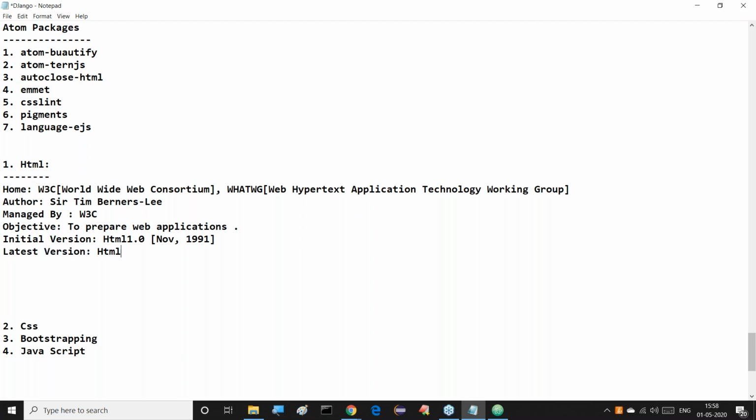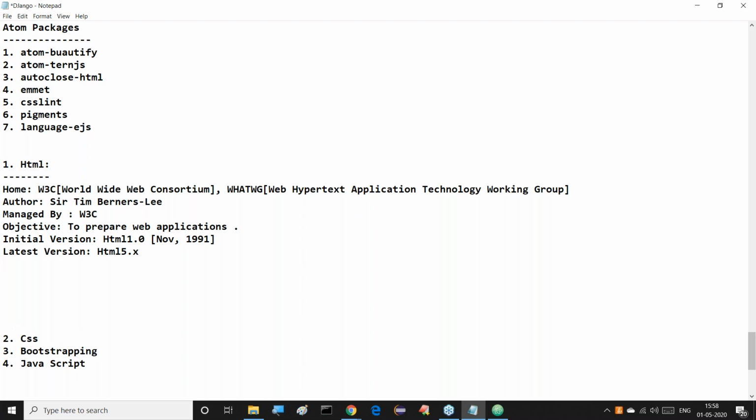The latest version is which one here? HTML 5.0, 5.x. Some versions are available, and some might have been released two to three years back, but I'm not aware of the exact year. I will check it anyway. If you check once in Google, we are able to get the years and all. But at present the latest version is HTML 5.x, I think. Some sub versions are going on there for HTML5.